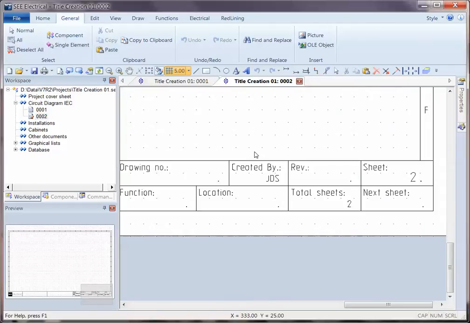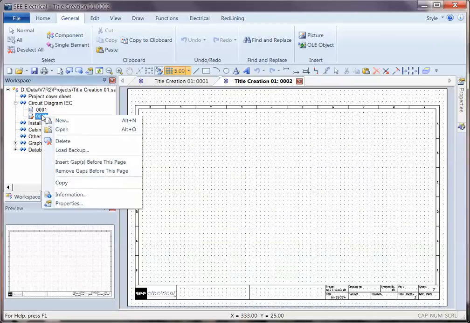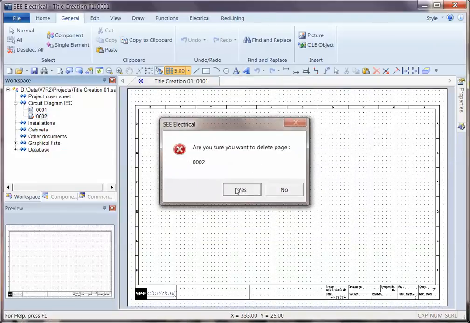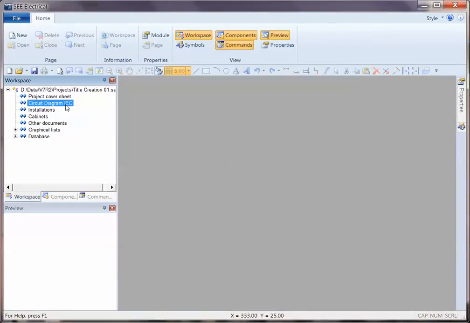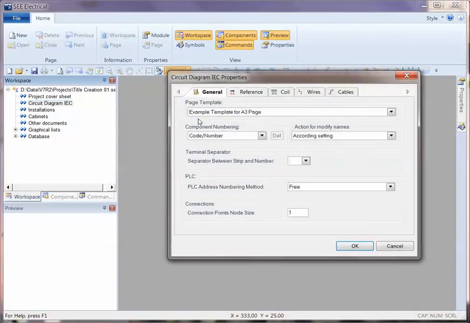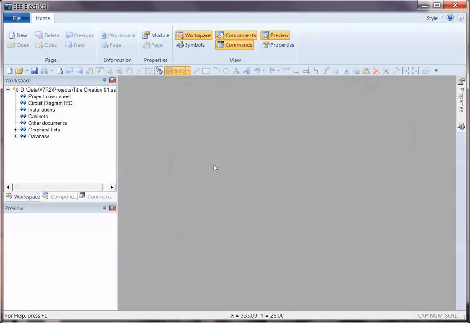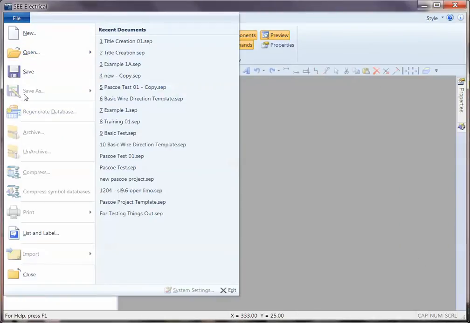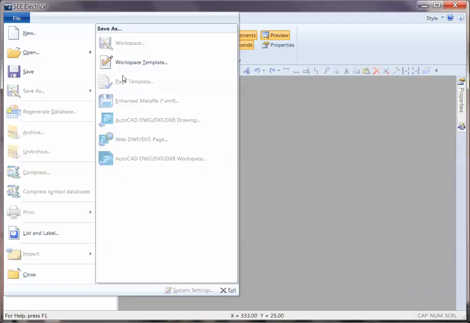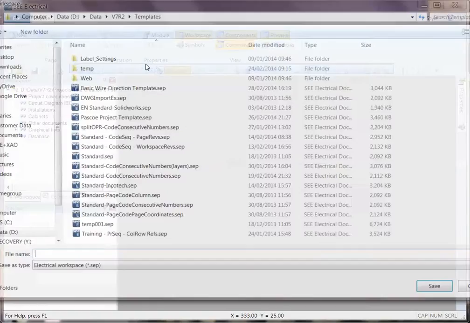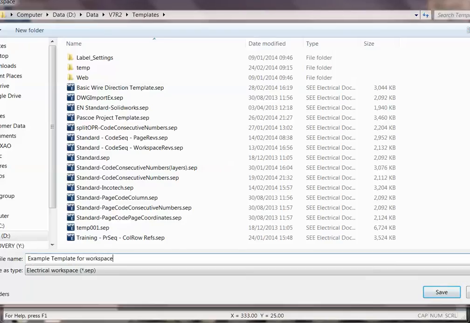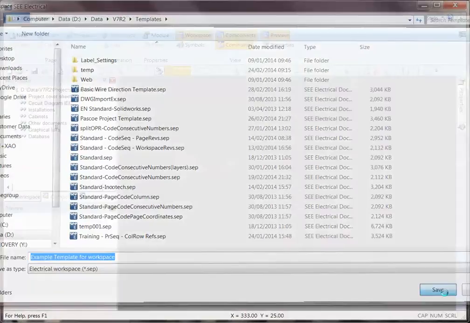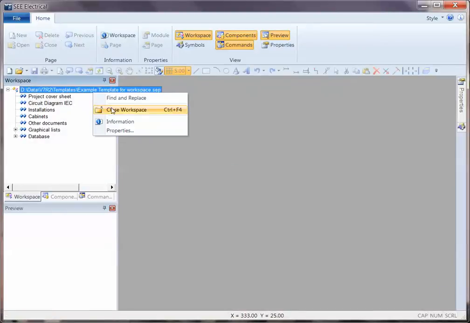If I wanted to save this for future so that all my projects have this, I can delete all pages in here. The settings on the IEC circuit diagrams are already changed to use that title block. So now all I do is go to File, hover over Save As. It looks as though it's greyed out, but there is one option there to save as a workspace template. Example template for workspace. I click on Save, and now if I close this down and just show you an example,